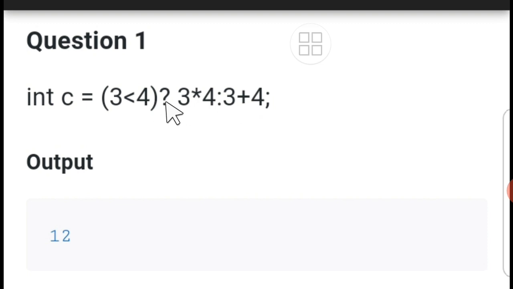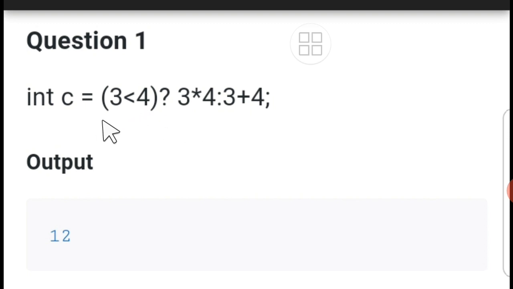So it is like before the question mark, whatever is there, that is actually the expression that belongs to if. Then 3 into 4 comes under the if body, means if this condition is true, then 12 will be returned. This part after the colon, that is the else part. If this condition is false, then control will be transferred to this part. Alright, so 7 is going to be returned, and whether it is 12 or 7, either of the value will be assigned to C.